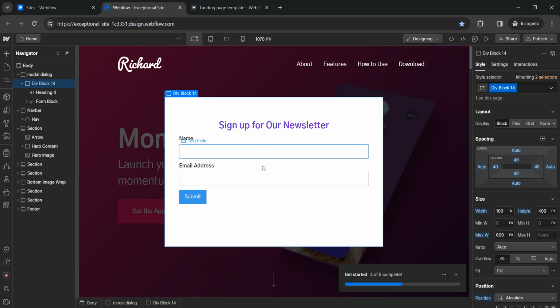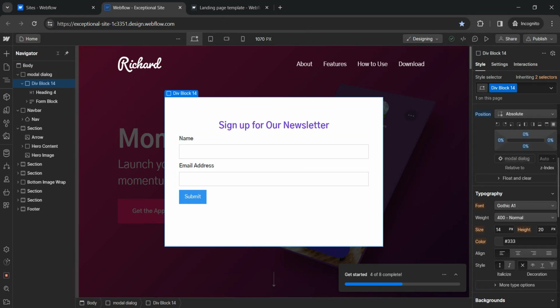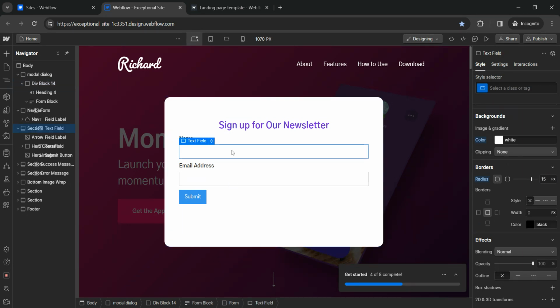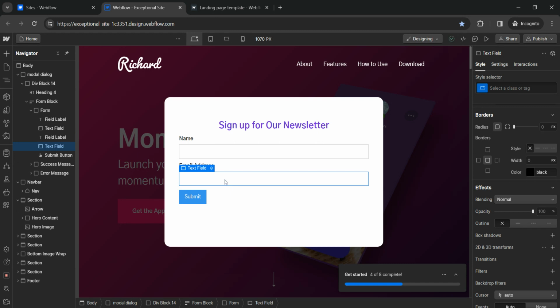Okay, now it looks clean, but I'm not styling this form here. You can just do whatever you like depending on your requirements. And to add a radius around this, you can just give the radius 15 pixels to the main div. I will not talk about configuring this form. I'll just make another tutorial for that.